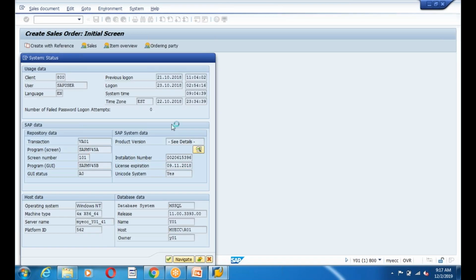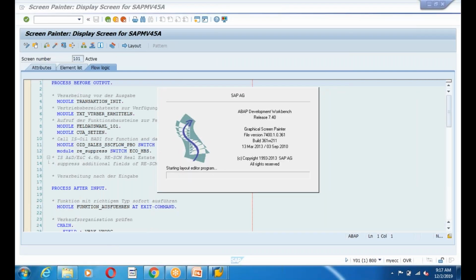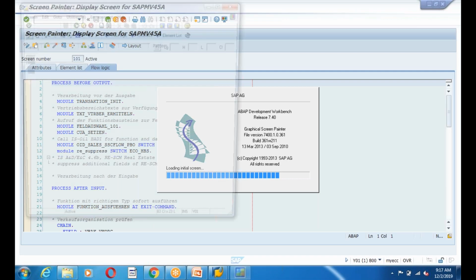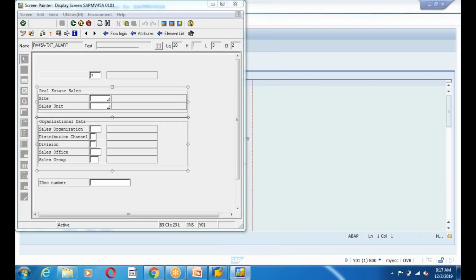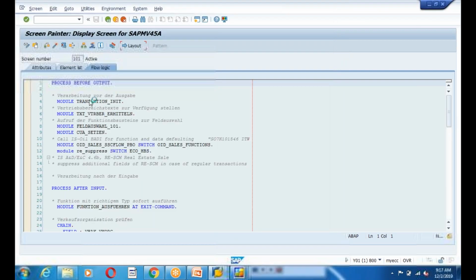We have screen layouts and screen designs; there also we can maintain the descriptions. See, this is the place. The AUART description is printed dynamically. That's why they maintain different values.